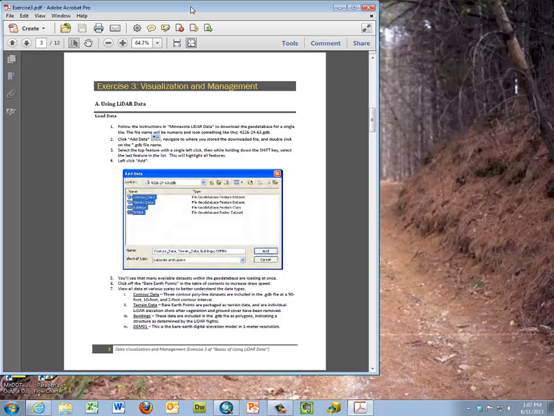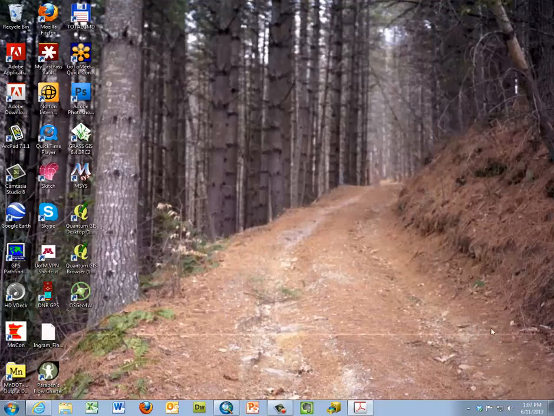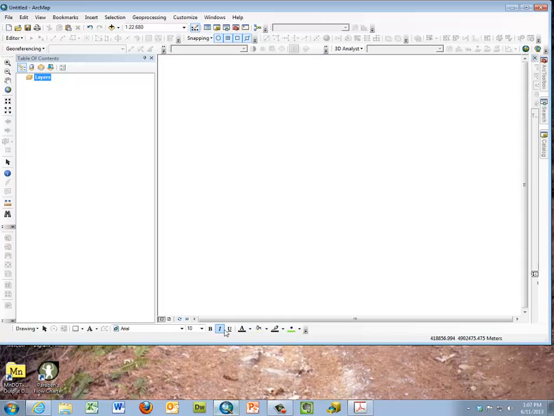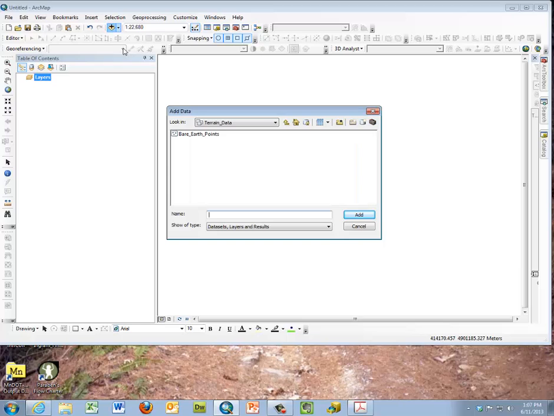And now we'll follow along through the instructions, and we'll open ArcGIS, and within ArcGIS we're going to add the data which we had downloaded in exercise 1, and that is a particular tile, 1/16 of a USGS topo that exists within Nicollet County, and we brought down that very extensive LiDAR data set,